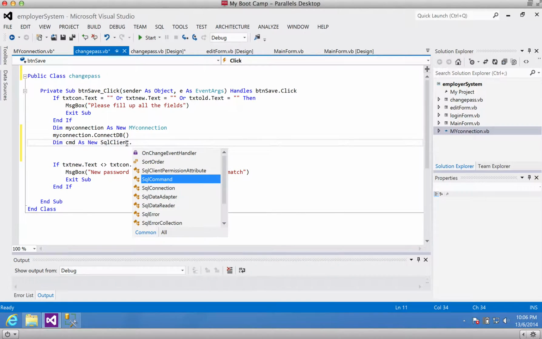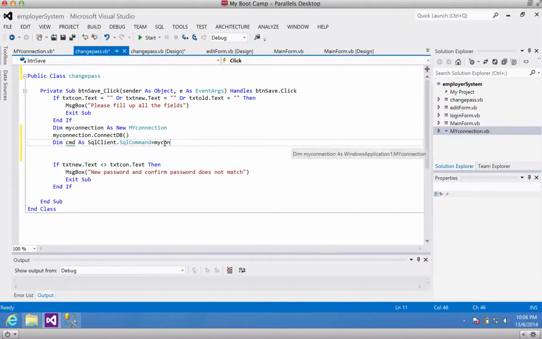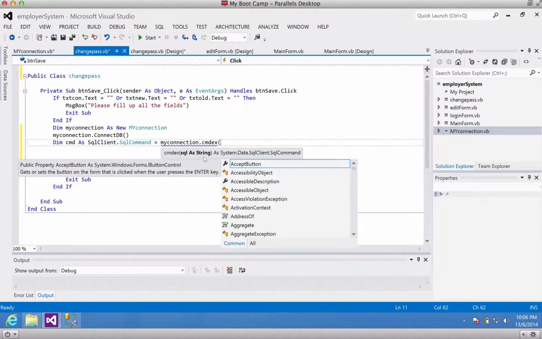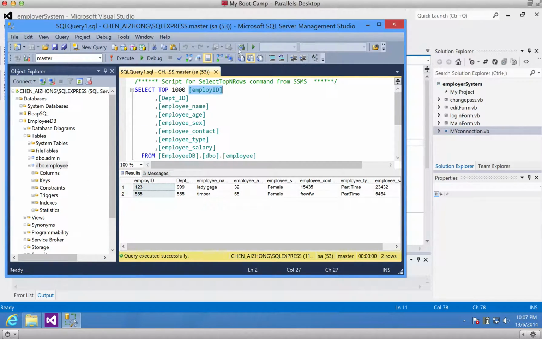SQL client dot command equal my connection dot cmds. So you see the error because we require a SQL string. So we're going to retrieve this. So it will be the SQL string select from employee, not employee, admin, it's an administrator, so it will be the admin table